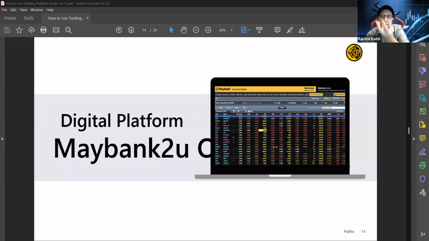Once you have a CDS account under nominees, our operation cannot simply convert the nominees account to a direct CDS account, but there are two options for you. One, open a new direct CDS account, so you will have two accounts, one nominees and one direct. Or option two, after you clear all your portfolio and sell all your shares in your nominees CDS account,